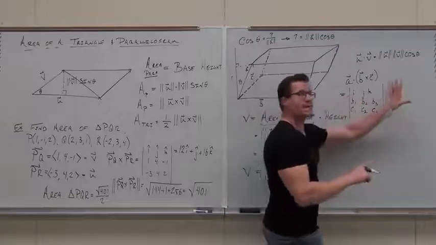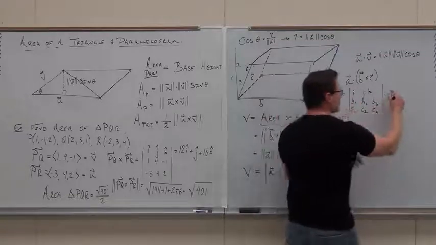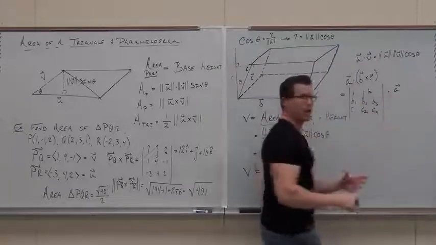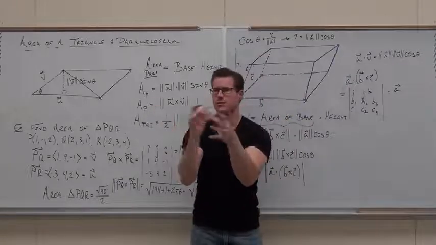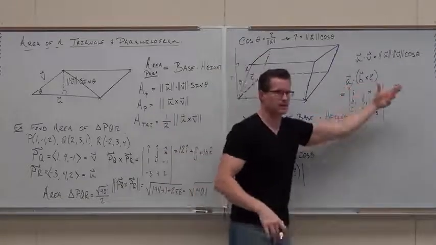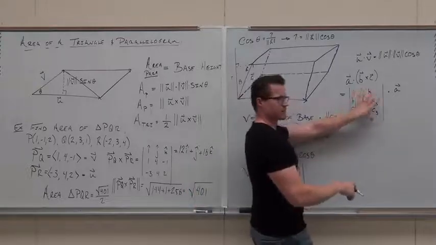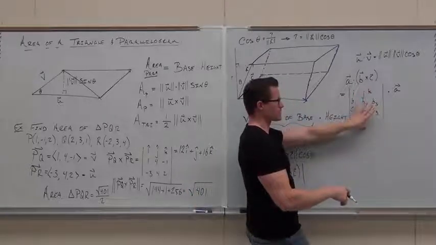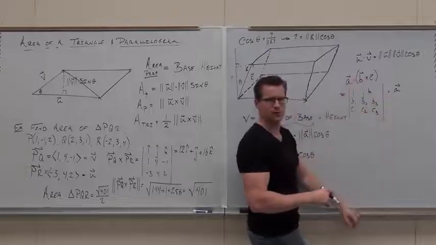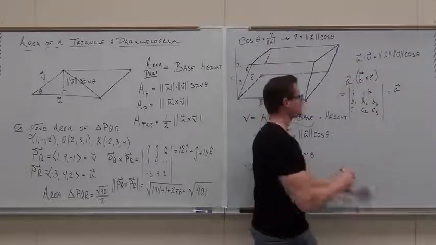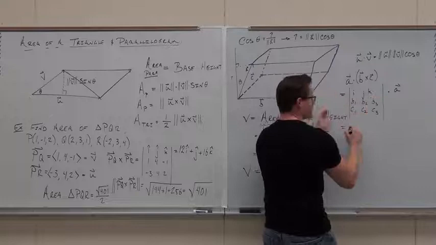And then whatever we get, we would dot it with A. Why? We know dot product is commutative, so we know we can switch around. So if I do the cross product and the dot product afterwards, that's fine. Same thing. So whatever I get out of this is the cross product. I'm going to dot it with A. You follow what I'm talking about? Check this out. This whole thing would give us